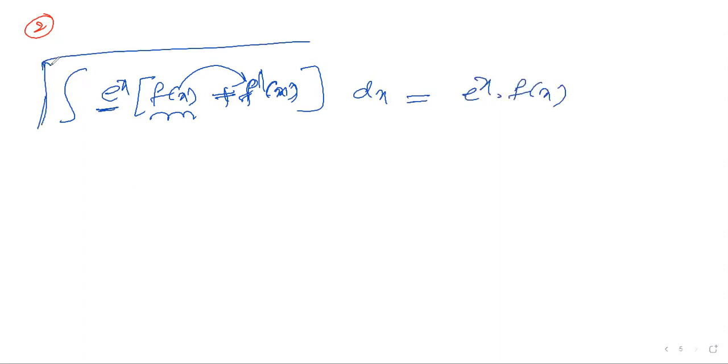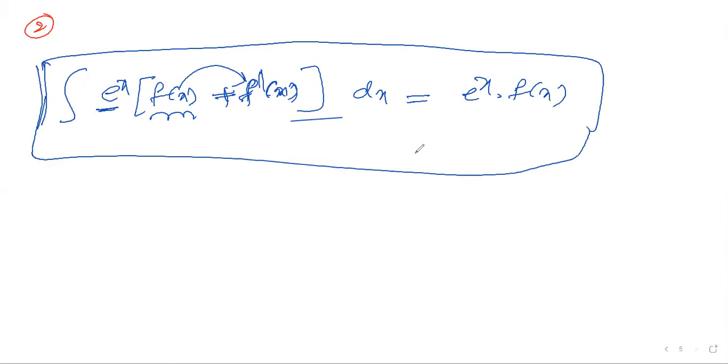This is a 2 marks question, very famous on this formula. Integration of e power x bracket of f of x plus f dash of x, we can write directly e power x into f of x. You can directly write the answer. Clear or not? If any case is possible like this, the question looks very simple. You can easily catch the question.